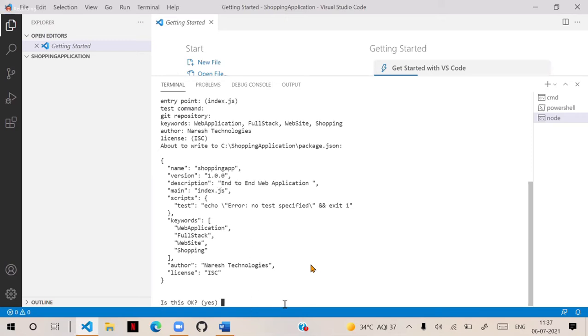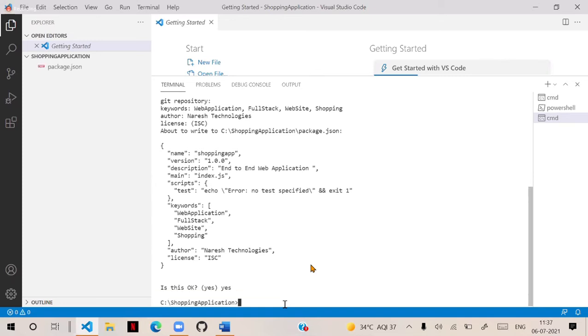You have to just type yes and hit enter. Then it's done. Automatically, you will see that a new file is added to your project. You can see in the left panel a file called package.json.